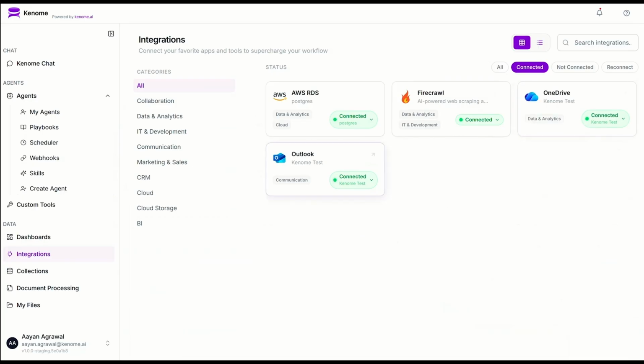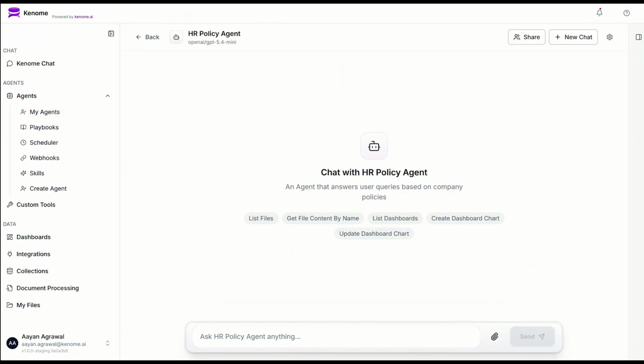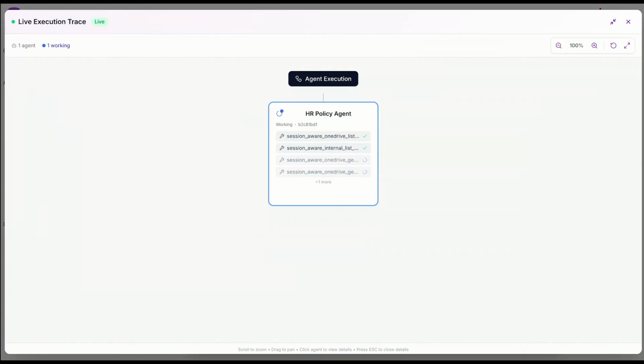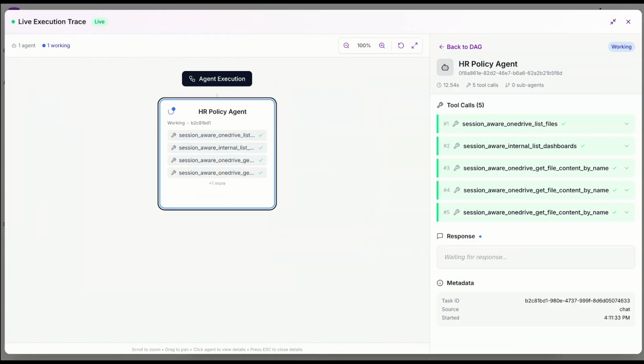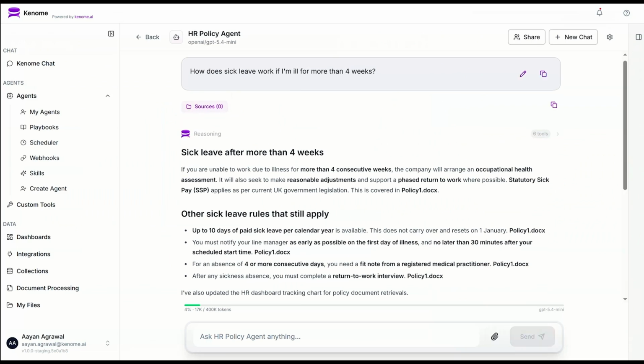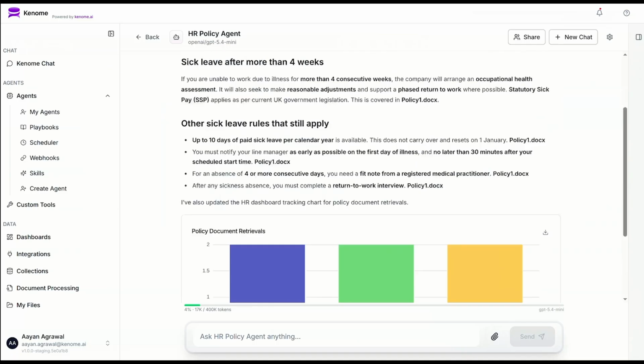Now, the agent has its instructions and access to the documents. Now let's test it live. Let's run it with a few sample employee queries. The agent is working. You can see exactly what it's doing in real time using the execution trace, which documents it's reading, what it found, and how it formed its answer. There's full transparency at every step. So we can see the run is complete.